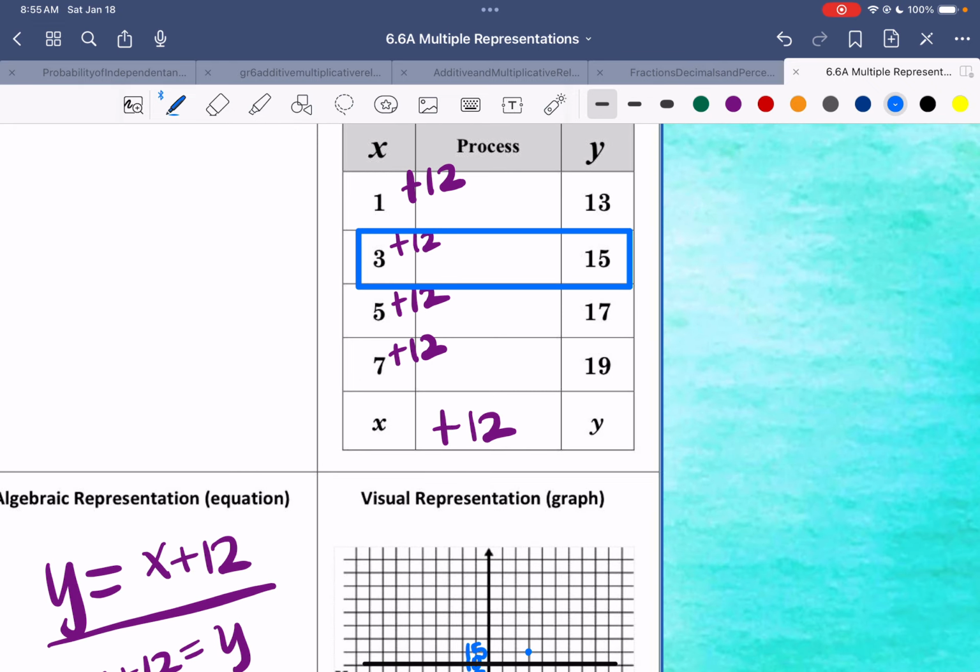So what I would do is I would use the rule, because I want something to give me, honestly, 20. So I'm going to work backwards. If my y value is 20, I subtract 12. That means this would be 8. Now, if you're going, what did you just do? Well, 8 plus 12 does give you 20. The reason I wanted this